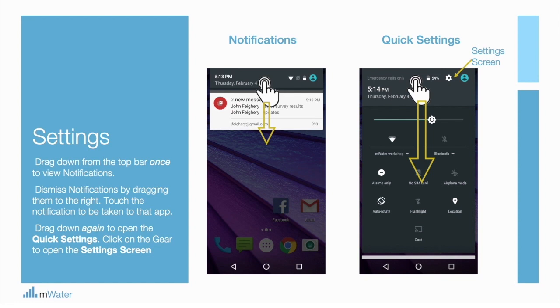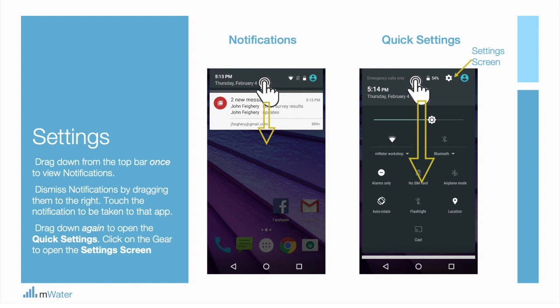There are a few ways to access the Android settings menu. One way is to swipe down from the top twice to see the quick settings menu and click the gear icon. On newer Androids, you may have to swipe down on the top right section of the screen instead of the top center. Also, you can access the settings menu by going to the home page and searching for the